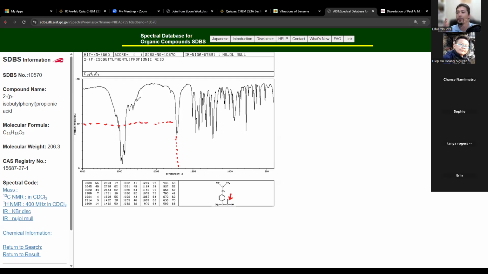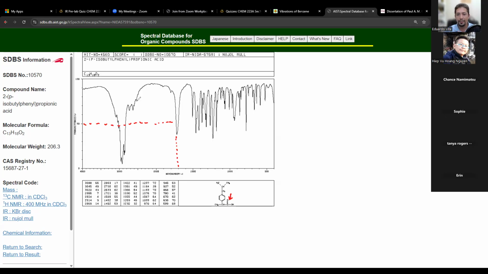This is why they're unique. This is why we do IR. Each compound has its own unique signature. And the question is, is the CH so strong because there are so many? Yeah, pretty much. You can think about it that way. But we still cannot tell you how many. We just know that there's enough to cause a strong signal because all the CH3s would be emitting that vibration,